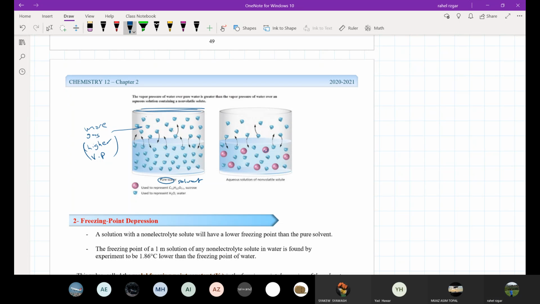But look at here. There are some solutes here. These solutes make this a solution. So this one is a solution, not a solvent. It's the solvent with solute. This solution cannot make the same amount of gas as the solvent. For example, this was 18, I think. 2, 4, 6, 8, 11. So less gas particles. Less gas. And less gas means lower